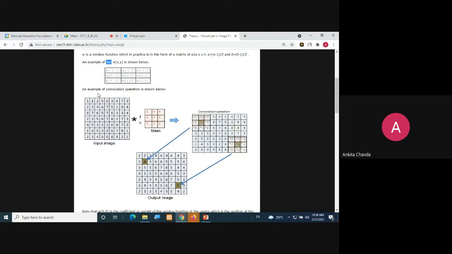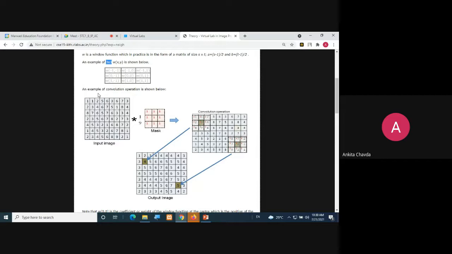The pixels which are not in that range will become 0, 0, 0, 0, 0, and you are finding the average and it is 1 only, right? And so on, you will move your filter to each and every row, each and every pixel. So its intensity will get changed.